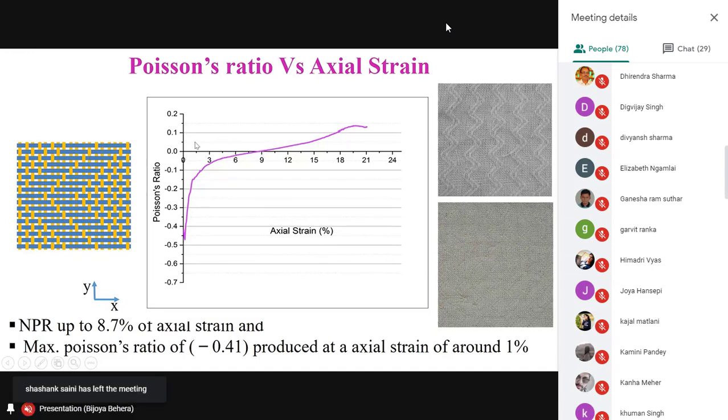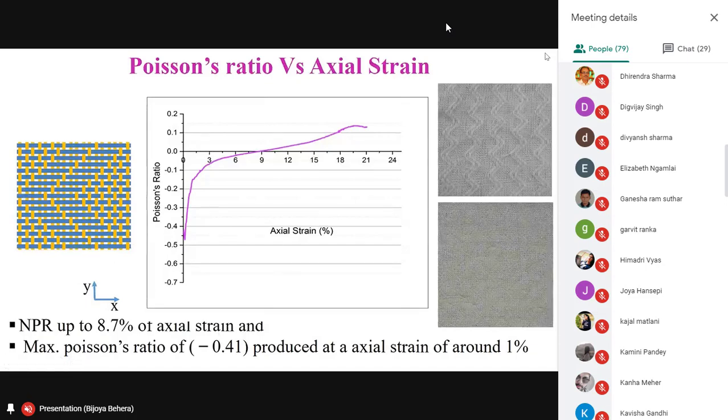The axial strain will start from somewhere here and it will go on up here, here and this way. Because it is an auxetic fabric, while extending in the axial direction, which I have mentioned as axial strain, you will find the curve starts somewhere from here, showing this negative Poisson's ratio. After a particular strain, the curve goes to the positive side, and you will find all our 9 fabric samples behaving in the same way, where the material is showing negative Poisson's ratio.